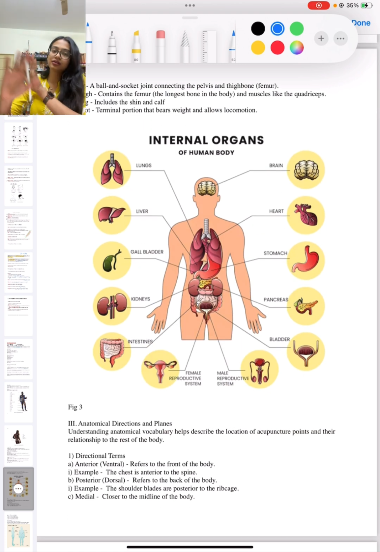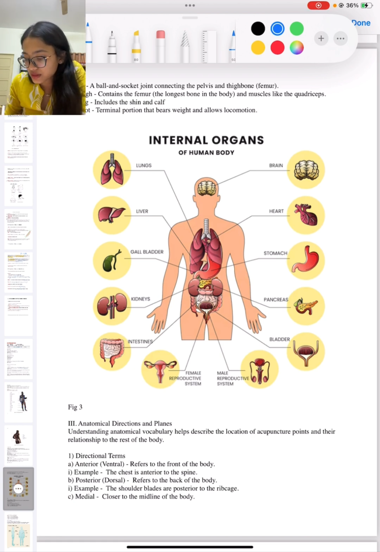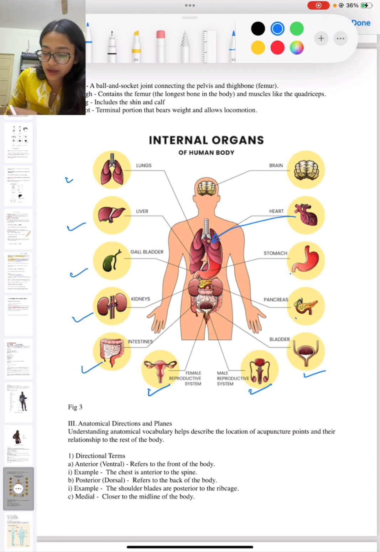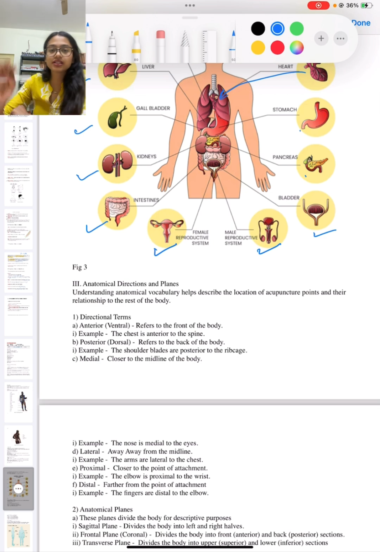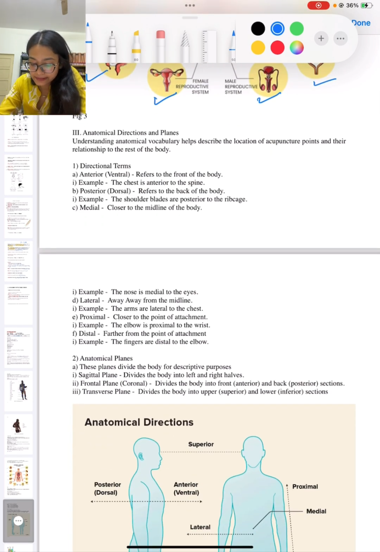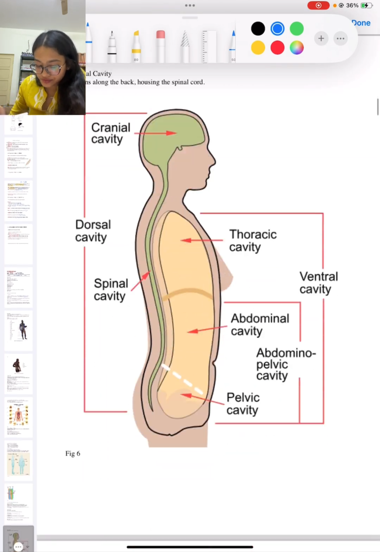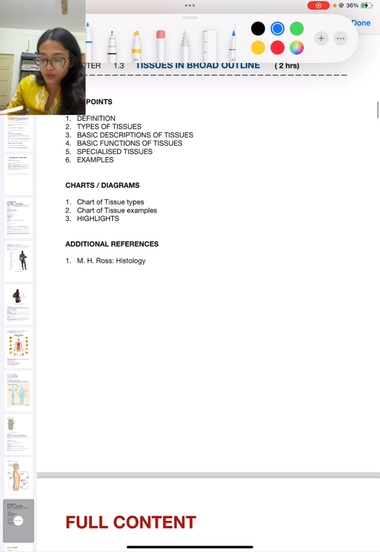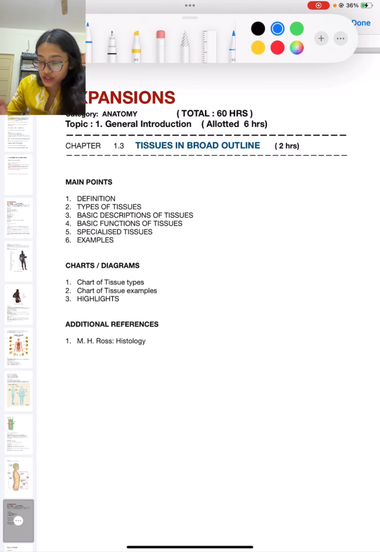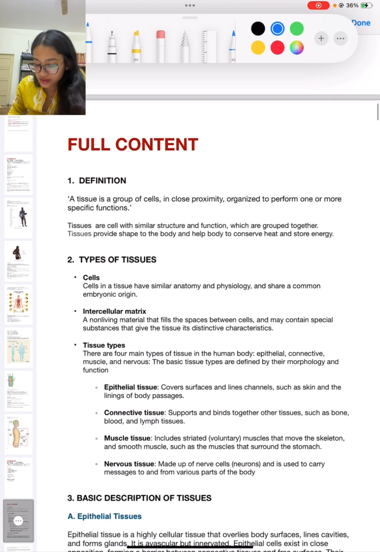Now internal organs, we'll see the brain, heart situated here. Okay. Then stomach, pancreas, bladder, male reproductive, female reproductive, intestine, kidney, gallbladder, liver, lungs. We'll study these in detail. Now anatomical plane we have done, so we'll just skip this point. Now what are tissues in broad outline? This we'll see in the next